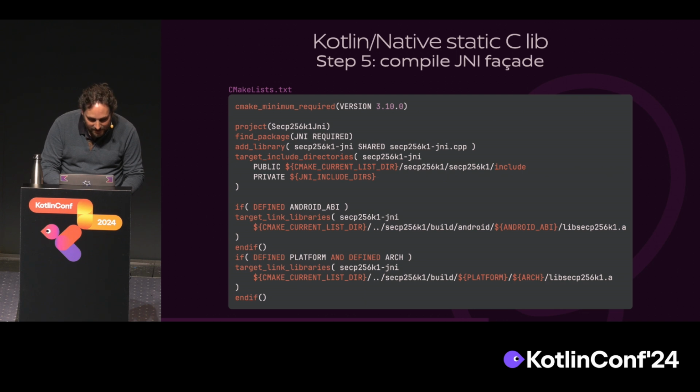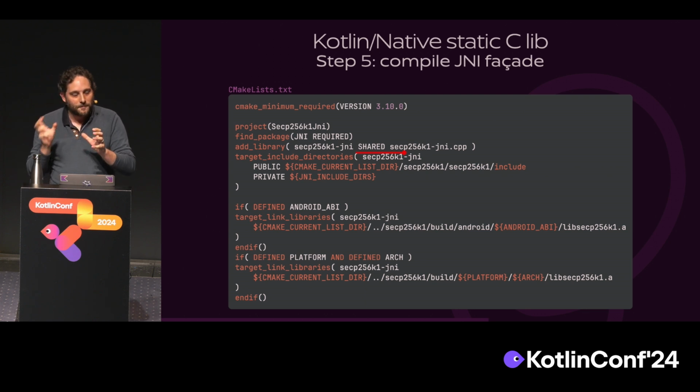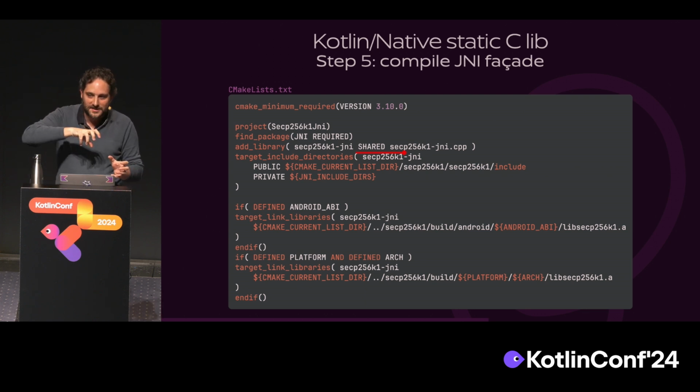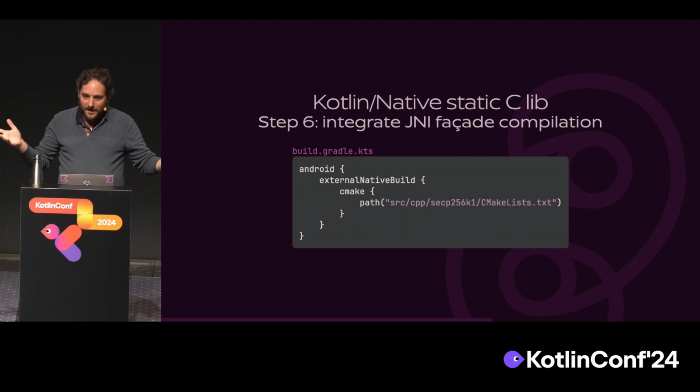What's interesting is here, this is a shared library. So even though you're using a static library, you need to compile a dynamic library with your C static library and your C facade, your JNI facade that corresponds to your external Kotlin or Java function. Once you've done that, you need to tell Gradle, hey, I've done a CMake, integrate that into the build chain, and that works. For Android, it's easy, but there's no such way to do that for the JVM,